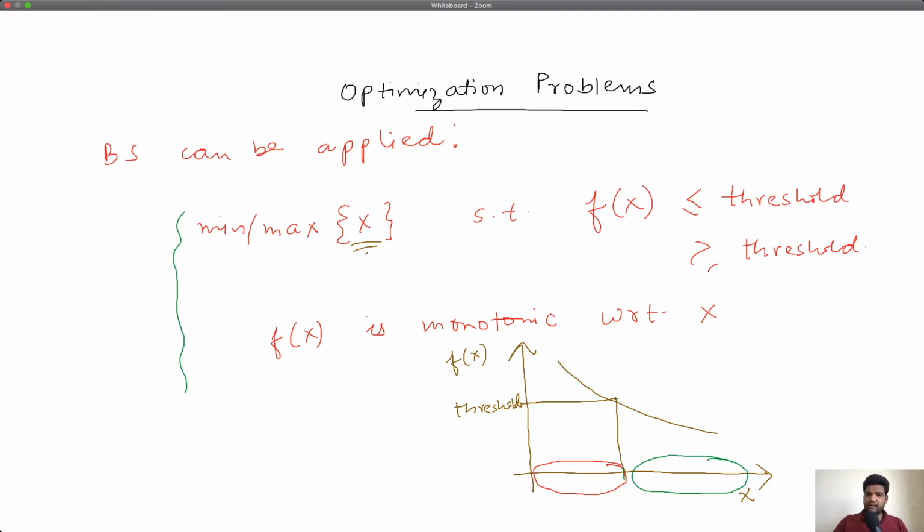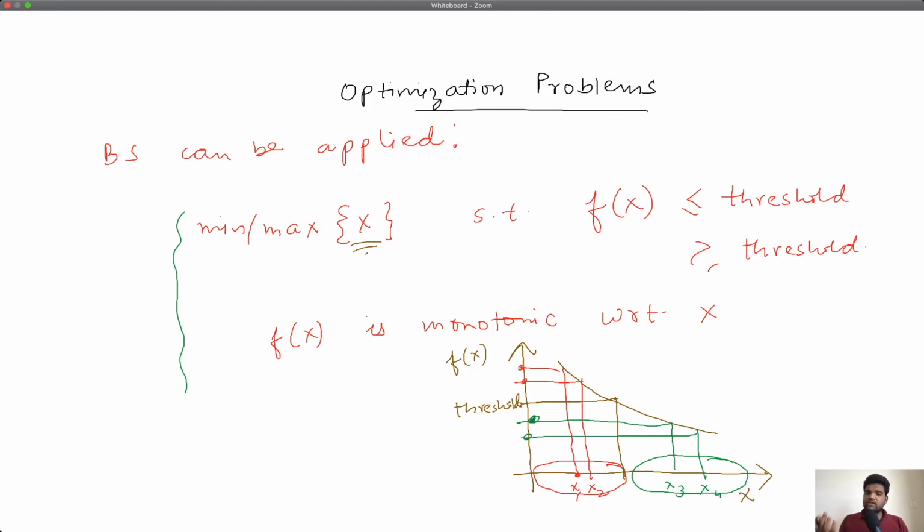I'll use the red ink. So if you take this X, X1, this X, X2, F(X) is greater than the threshold. And the green part is all those X's for which F(X) is less than or equal to the threshold. So if you take this X3 or this X4, it is easy to see that F(X) is less than or equal to the threshold for these X's.